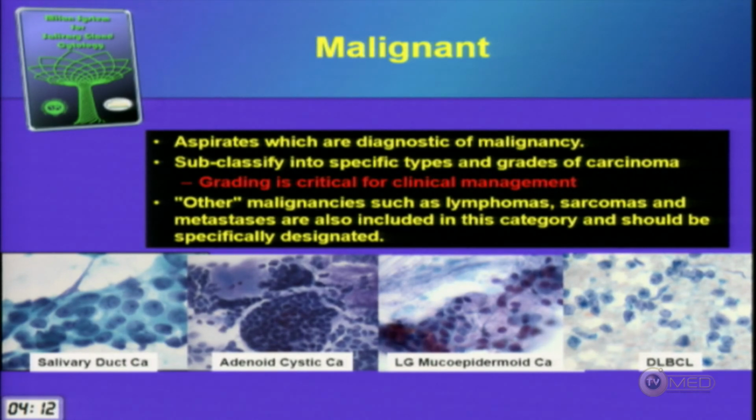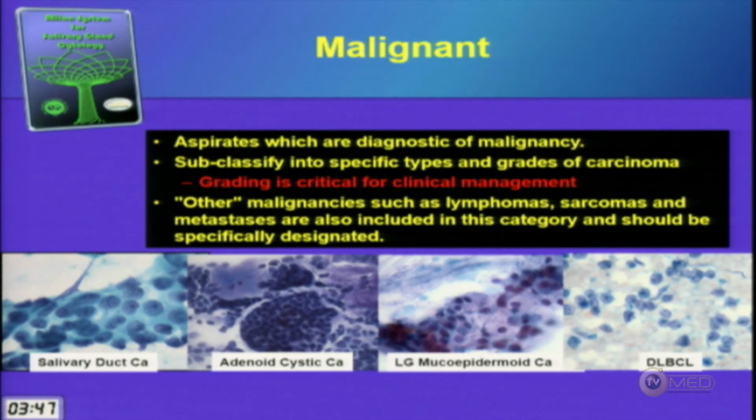So here's an example of an overtly malignant FNA. If you have ancillary material, you can do the androgen receptor and show that this is salivary duct carcinoma. This is a classic example of adenoid cystic carcinoma. Maybe the clinician tells you, or you did the FNA, you know the patient has nerve symptoms already. Any nerve symptoms, it's carcinoma until proven otherwise.